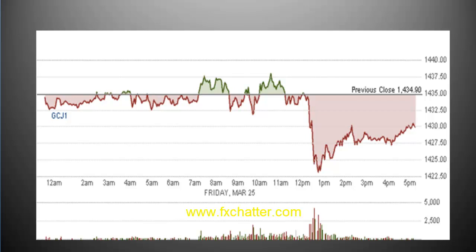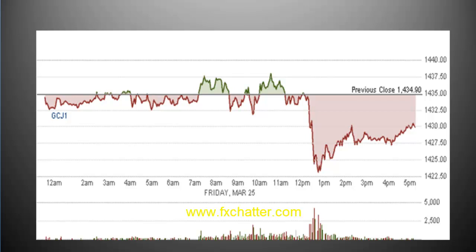So if we look at 12 p.m. on this chart, we can see on this line chart that right in this area here, right around 12 o'clock, gold made a steep drop. That corresponds or correlates with the move in the dollar. Now, are we using this as a predictive tool as to what's going to happen to the dollar? No, not necessarily. But we're using it to confirm that the trade that we made using our technical techniques is